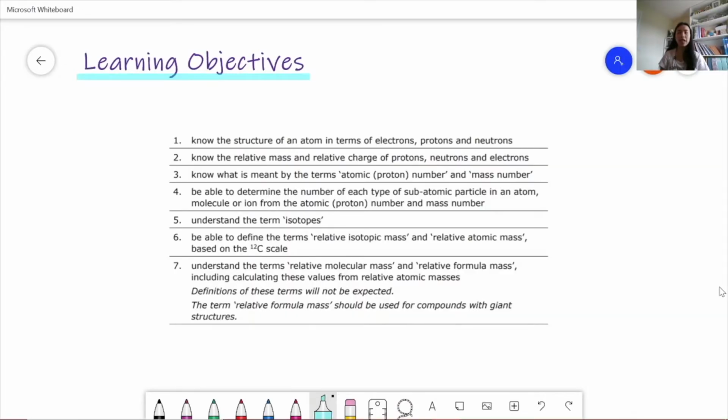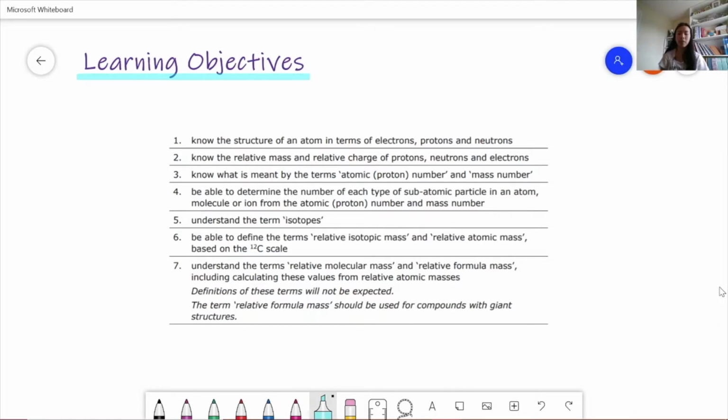Here are today's learning objectives. So the first is to know the structure of an atom in terms of electrons, protons and neutrons, and to know the relative mass and relative charge of protons, neutrons and electrons. We then need to know what is meant by the terms atomic proton number and mass number, and be able to determine the number of each type of subatomic particle in an atom, molecule or ion from the atomic number